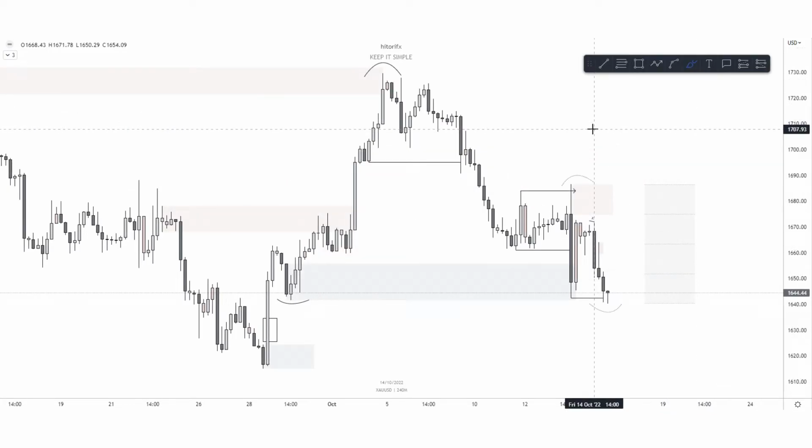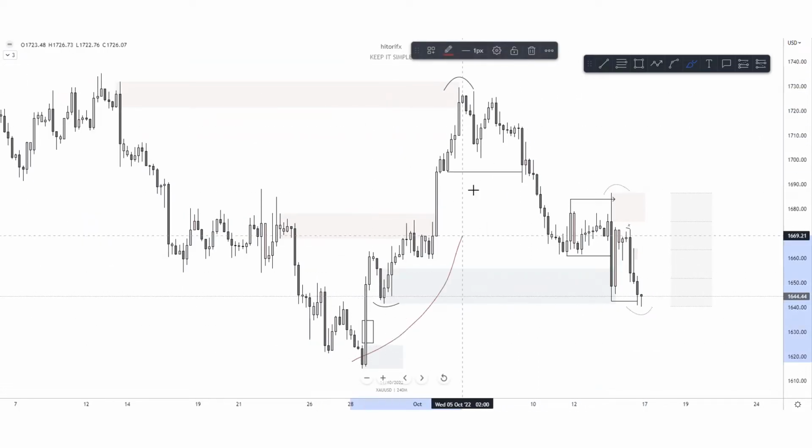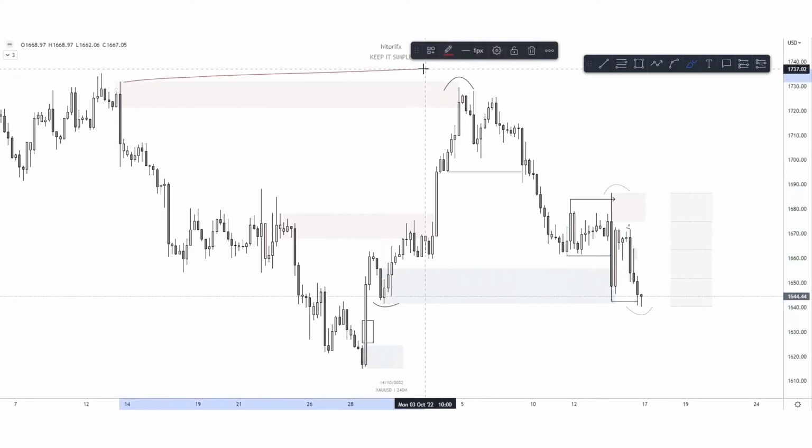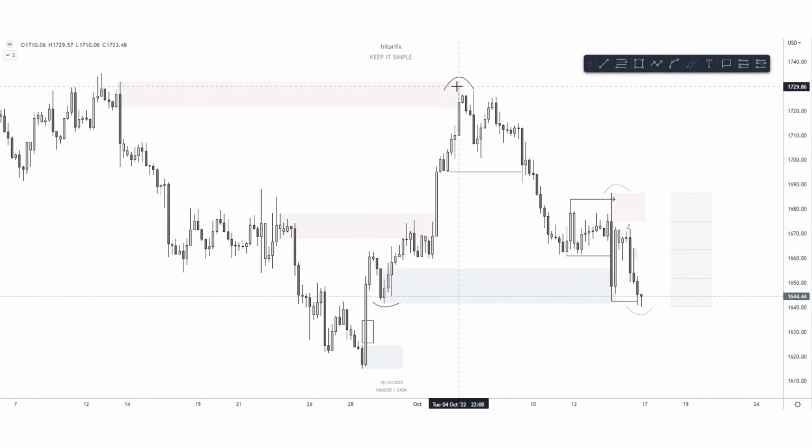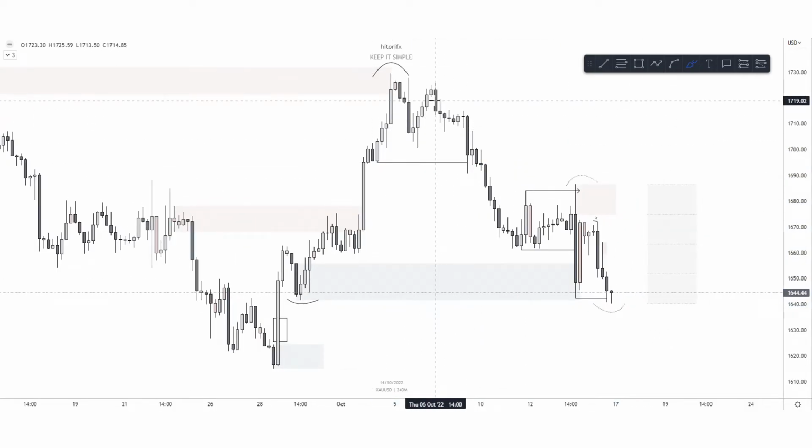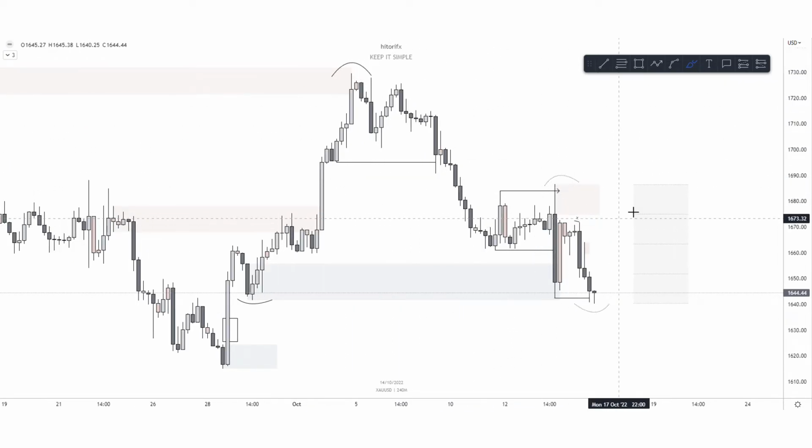All right, so this is gold on the H4, and pretty similar to what we saw on GU and EU. We saw a bullish correction into something within premium, and we're seeing this bearish leg now come into play with this break of structure. Yeah, we could see a potential mitigation of something up top, but this is where current price action is, so this is where I follow through with it.